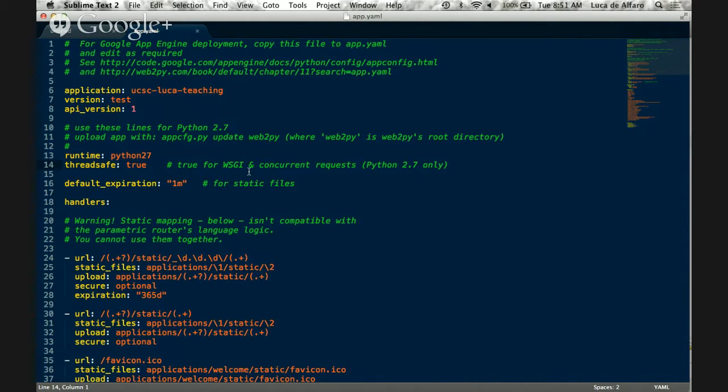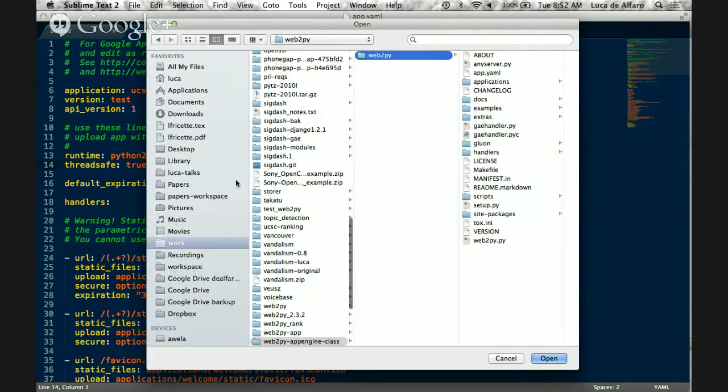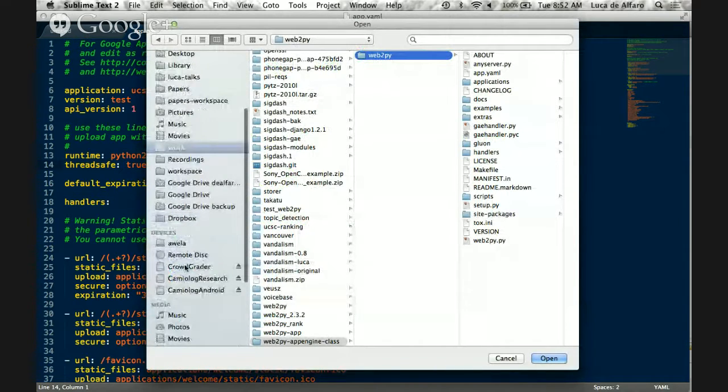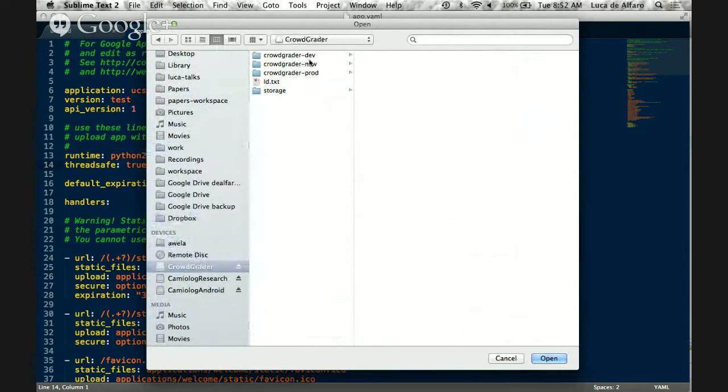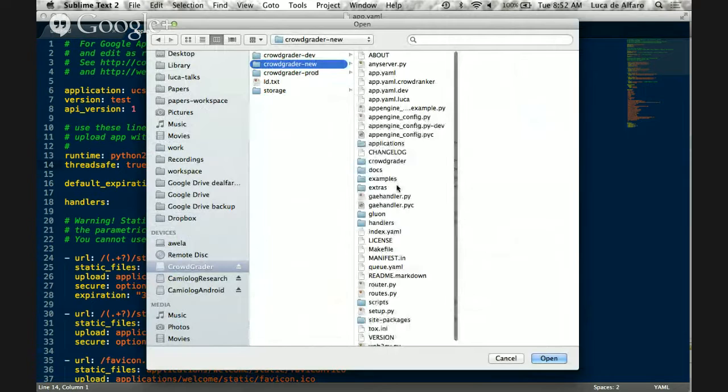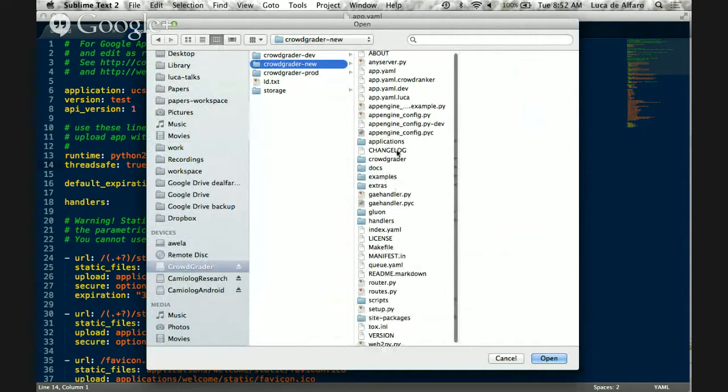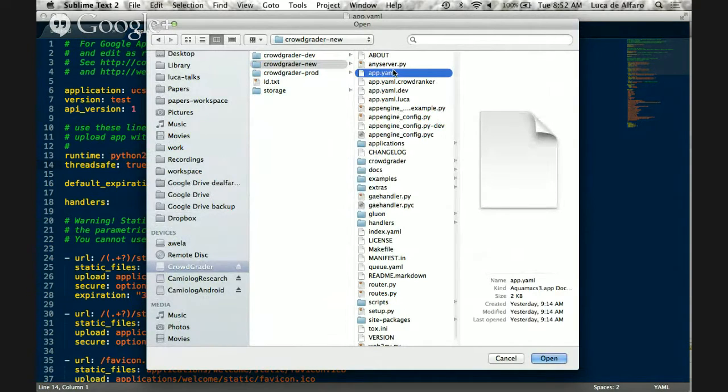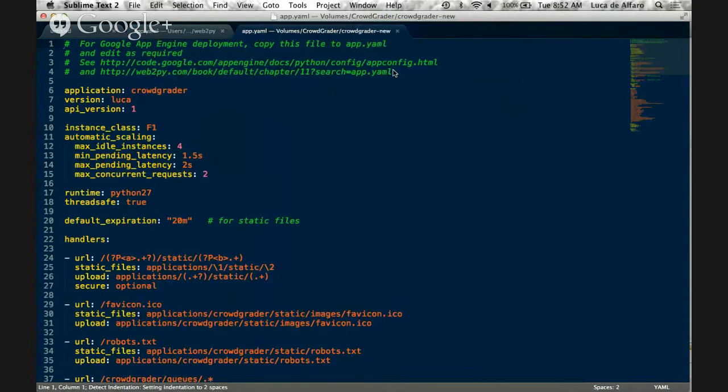The parameters are not here, but I could show you the ones of CodeGrader just because it's a more complete example. Let me show you how this file looks in CodeGrader. Yeah, this would be it. This is the same thing in CodeGrader.